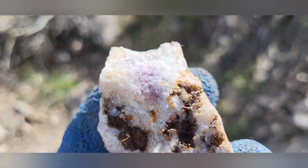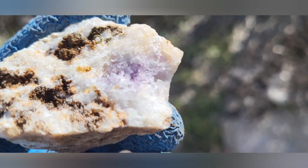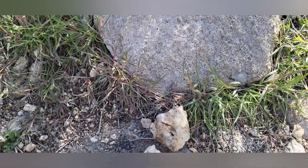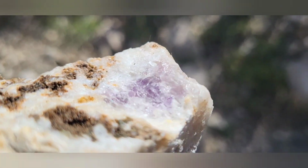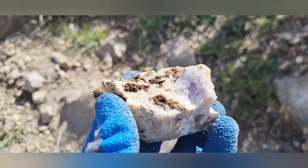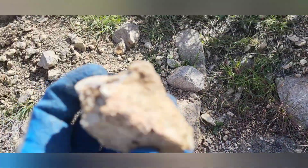So check this out. I whacked away at it. Look what we got. Oh, what? Tell me that's not amethyst. So we have that little piece that came off of this here. Check that out. What? That's some color. I mean, this isn't like terminated crystallized amethyst. This is quartz